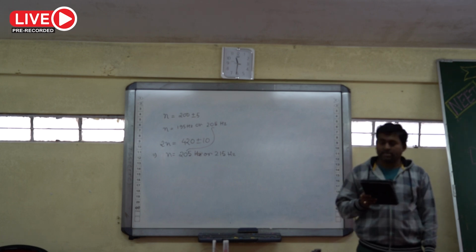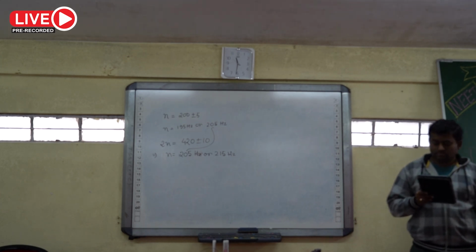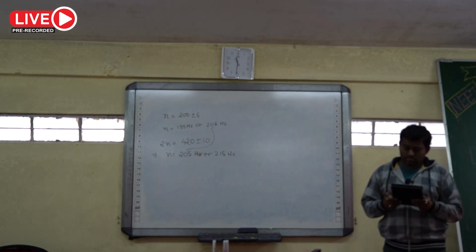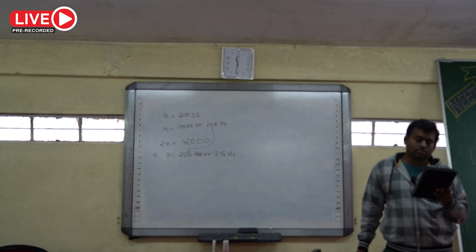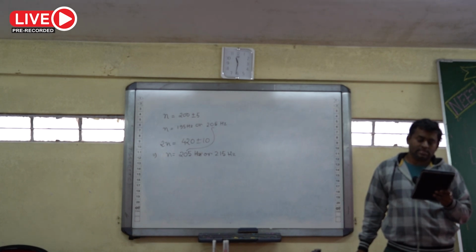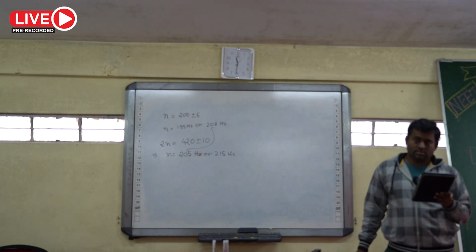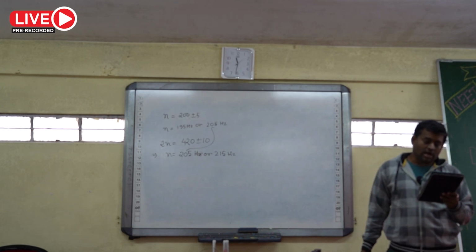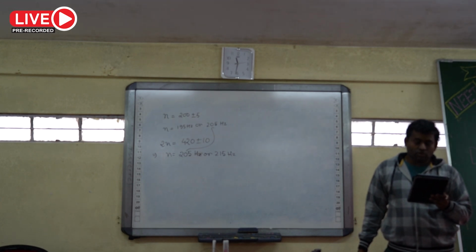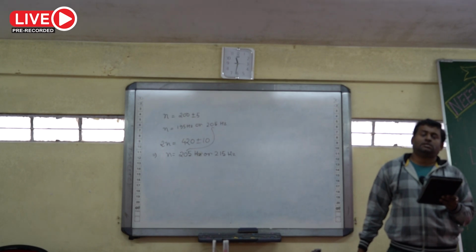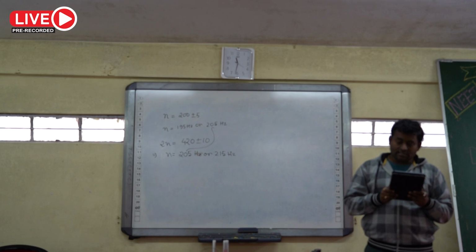Question number 27. The fundamental frequency of a closed pipe is 220 Hz. If 1/4 of the pipe is filled with water, the frequency of the first overtone of the pipe